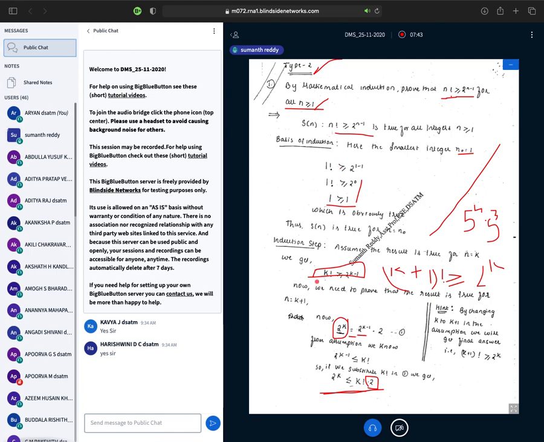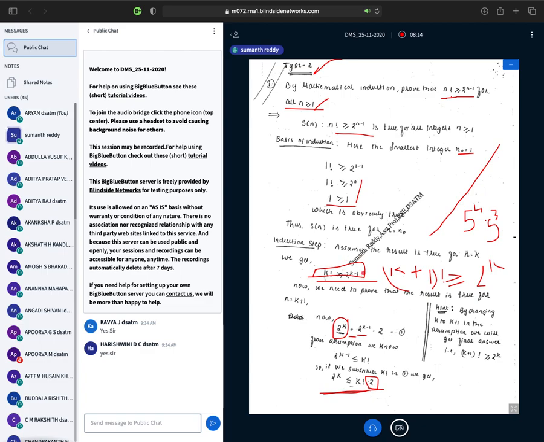It's very simple. In the assumption stage you had this, and you know that the final answer will be k plus 1 factorial is greater than or equal to 2 power k. In order to get that statement, I will take 2 power k and rewrite it in such a way that I can take the help from the assumption stage. So 2 power k can be written as 2 power k minus 1 into 2. Why have I written 2 power k minus 1 only? Because I know in the assumption stage there is a value for 2 power k minus 1, that is k factorial.